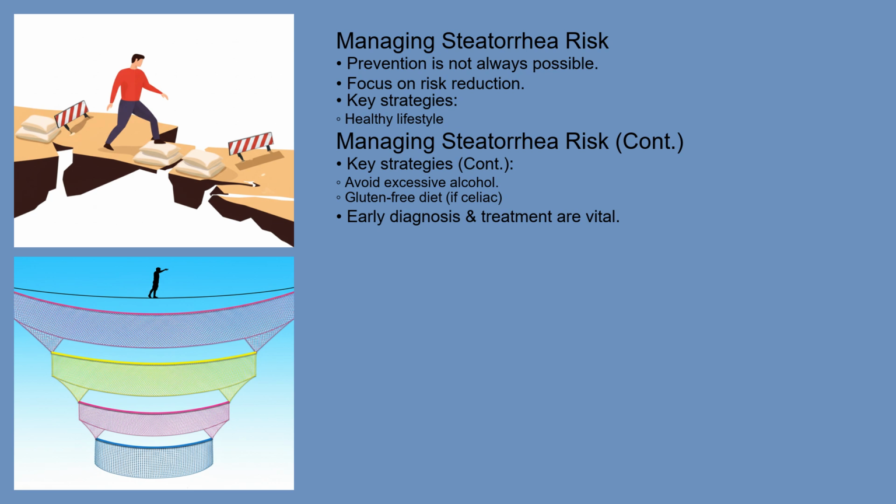While not always preventable, some measures can reduce the risk of steatorrhea. Maintaining a healthy lifestyle, avoiding excessive alcohol consumption, which can damage the pancreas, and adhering to a gluten-free diet if you have celiac disease are all important. Early diagnosis and treatment of conditions like pancreatic insufficiency and celiac disease can also help prevent or minimize the development